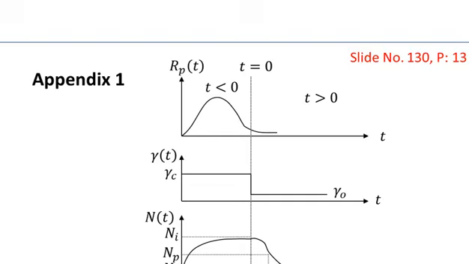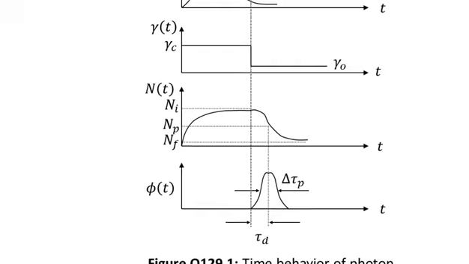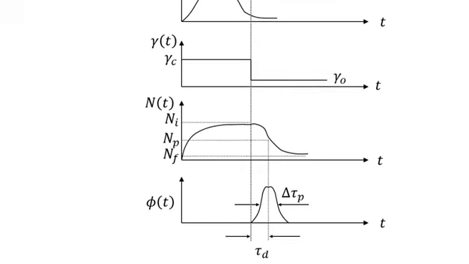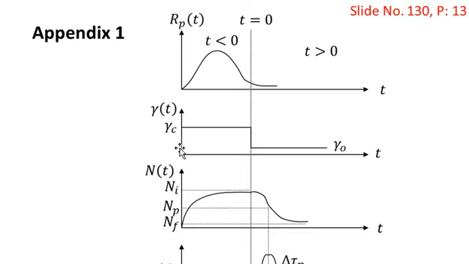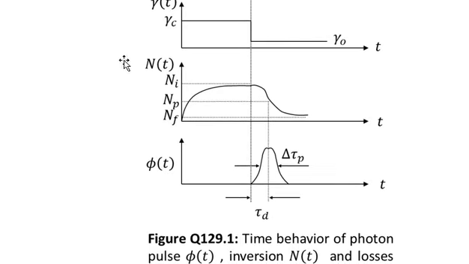and then you can see that gamma of t as a function of time has also been plotted with two different constant states. Gamma c is the cavity loss when the Q switch is in the closed state, and gamma naught is the loss of the cavity when the Q switch is in the open state. And similarly, for the inversion, we have shown the plot,